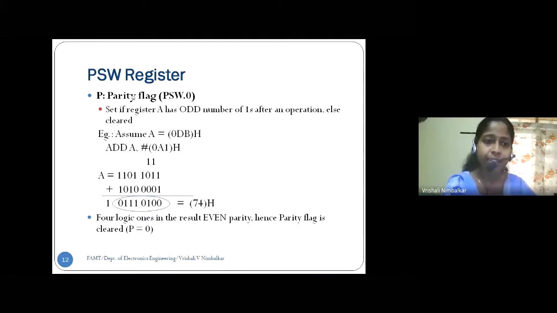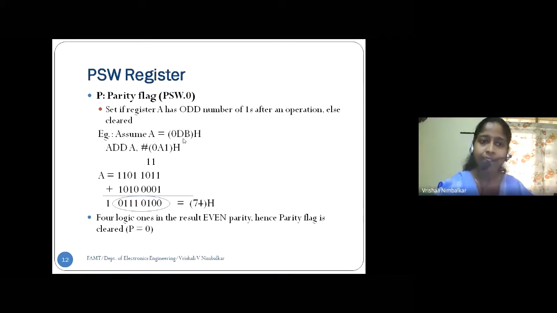So in our case, the parity flag bit is the LSB bit, PSW.0. And what is that? If the accumulator has an odd number of logic ones after an operation, the flag is set. Correct? So the parity flag set indicates the answer has an odd number of logic ones in it. Fine? Specifically the accumulator.